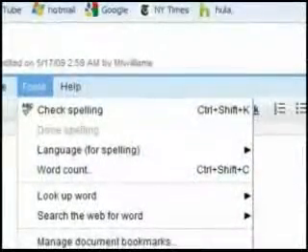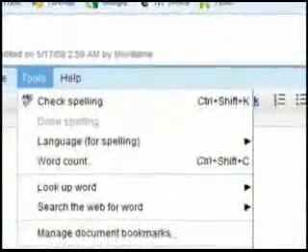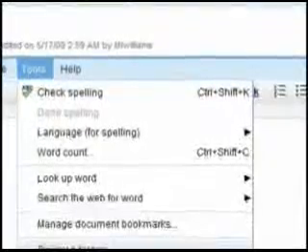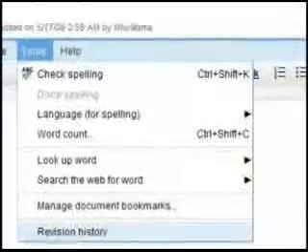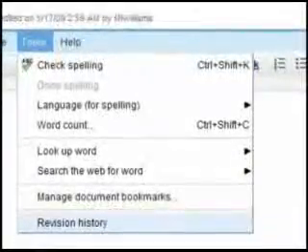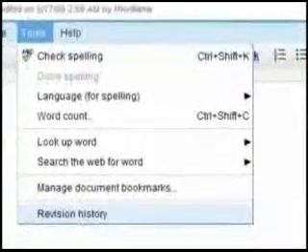The tool functions are the spell checking, which you also have on your toolbar. You can change the languages. You can do the word count. Look up a word, so if a student doesn't know what a word means, they can type it up here and they can use this as their dictionary. Search the web for a word, so they can highlight a word and they go there and they can,